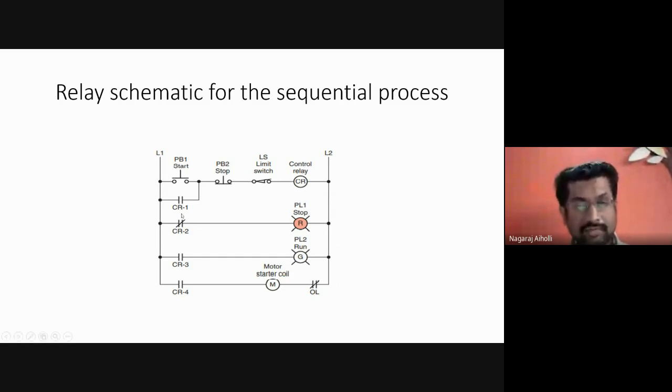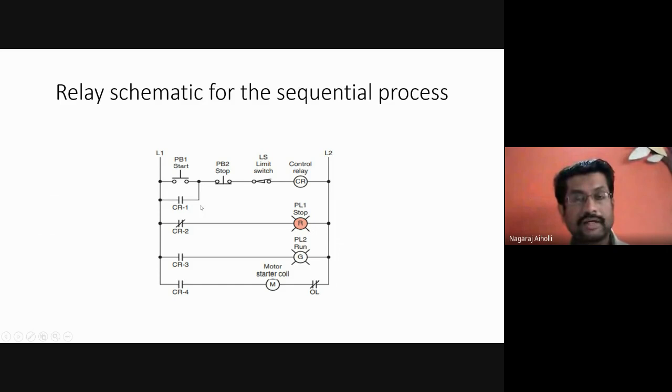Then CR1 contact, which initially went to the closed position, will now go from closed to open. Because of the open position, the sealing current, whatever was maintained because of the previous state, will be eliminated. The sealing current will stop; it is not going to be maintained now. Initially, when the push button was pressed, it was maintaining the current through the relay coil.